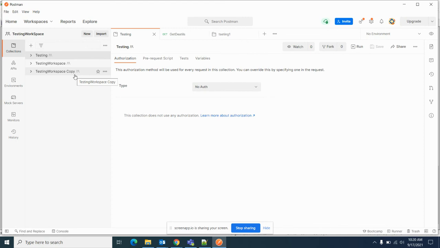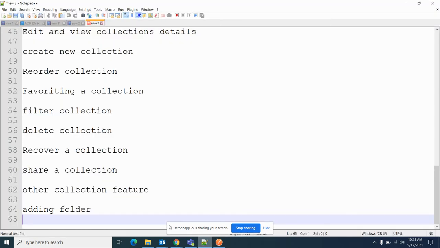It will take some time. It will appear, but it will take some time to appear here. In the trash also, you will not see it immediately. Sometimes it takes time to display the one we deleted. You need some patience to see that value. Okay, delete and recovery is completed.